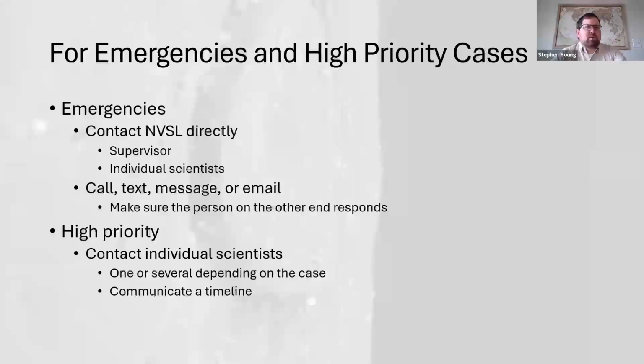If you have an emergency or a really high priority case, you can contact us directly. You can contact the supervisor of the parasitology lab, or you can contact any individual scientist in the parasitology lab if you know who you're trying to reach. And you can call, text, message, or email through any of our official channels. Just make sure that the other person on the other end responds, because sometimes we are in the lab for many hours at a time. Sometimes we are on travel. Sometimes we even take time off. Make sure that someone actually has responded if there is an emergency,